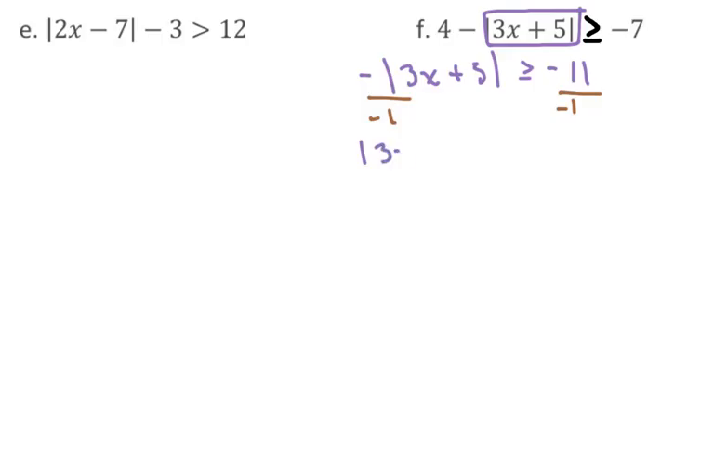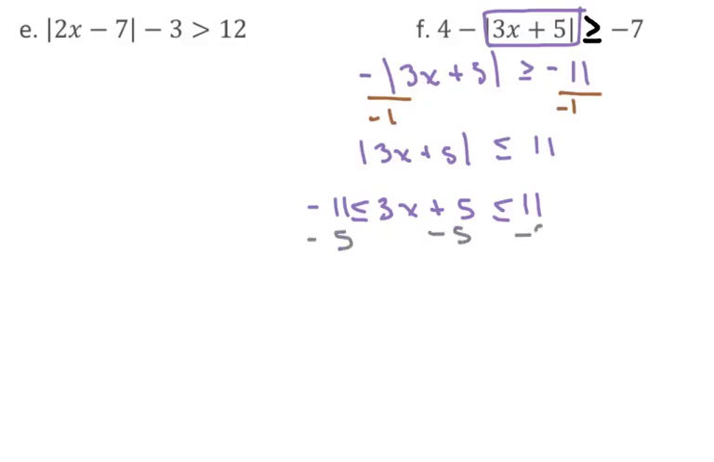This gives us the absolute value of 3x plus 5 is less than or equal to, because we divided by a negative, 11. This is your compound inequality because it's a less than. So we set the 3x plus 5 inside a compound inequality with the two less than signs. On the left side will be negative 11. On the right side will be positive 11. So to solve, we subtract 5, but remember you have to subtract it to the left and the right as well. We end up with negative 16 is less than or equal to 3x is less than or equal to